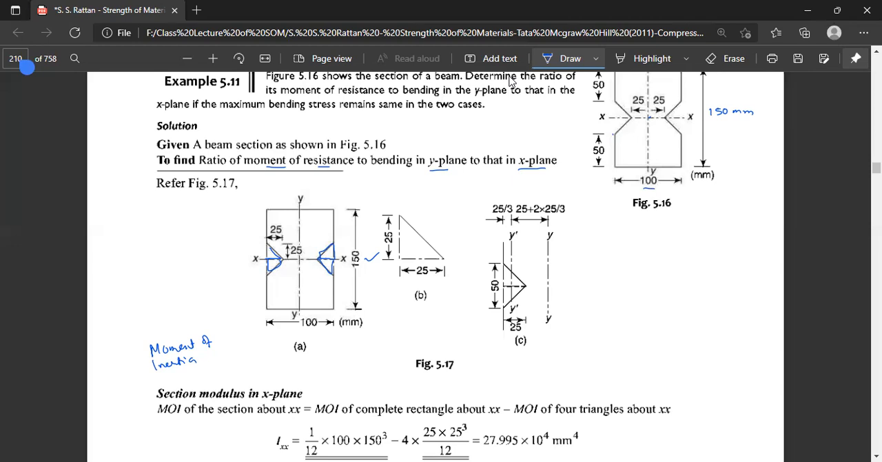So the base of this triangle is 25, and the height of these triangles is also 25. They're both the same for all the triangles. So this is shown here, 25 by 25. So what we have to do, we know the